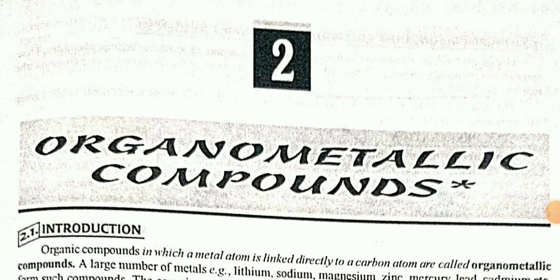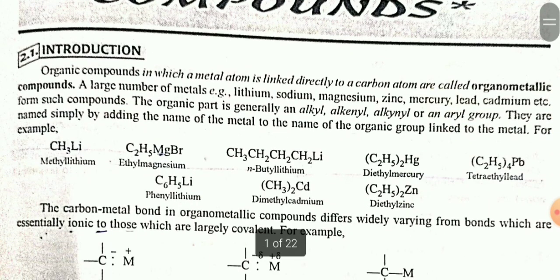This is an audio recording for visually impaired students. Organic Chemistry, Chapter 2, Organometallic Compounds. Heading 2.1, Introduction. Organic compounds in which a metal atom is linked directly to a carbon atom are called organometallic